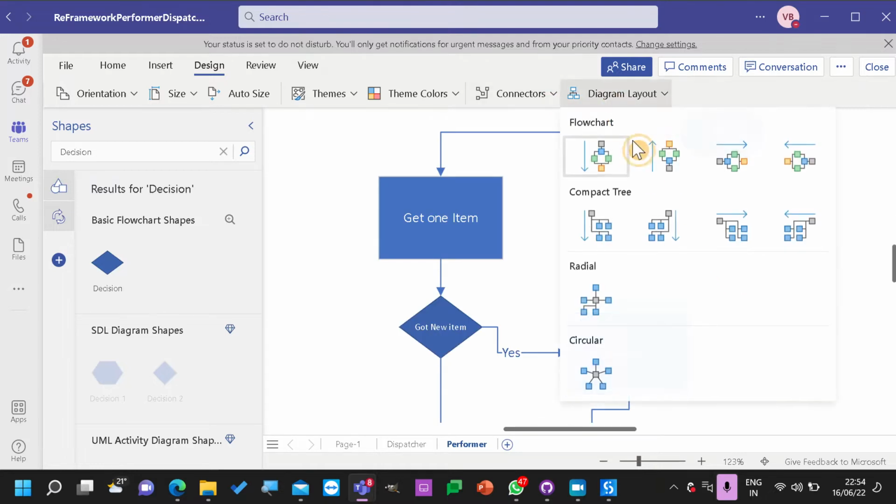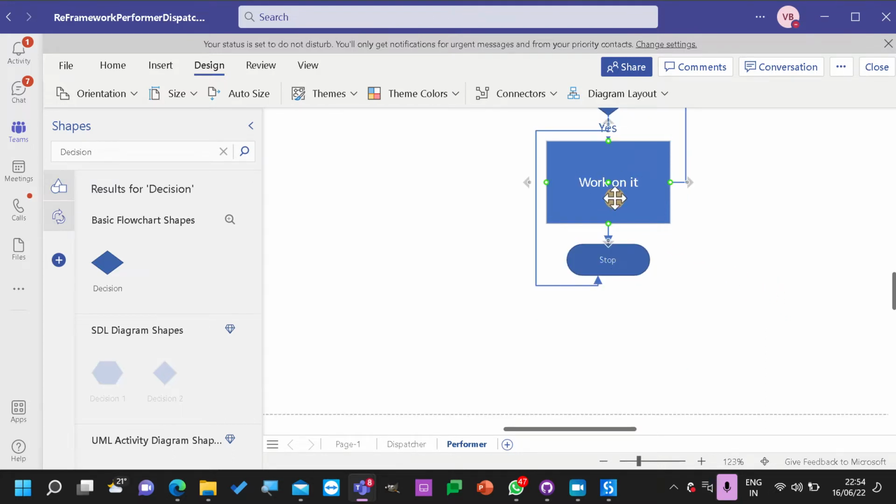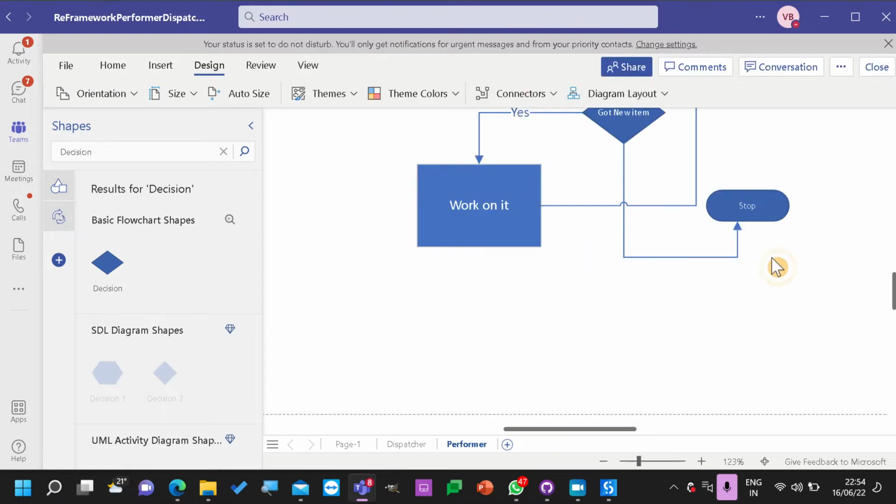Okay, so don't overthink the solution. Just make it as simple as possible. So you're getting one item. If you got a new item, then work on it. If after completion of working on it, again you can get a new item, or you can just map it, after getting a new item, again map it to here. Okay. So irrespective of what it is, working on it, I think you can delete from here. So now you can see the logic and you can see the map now.